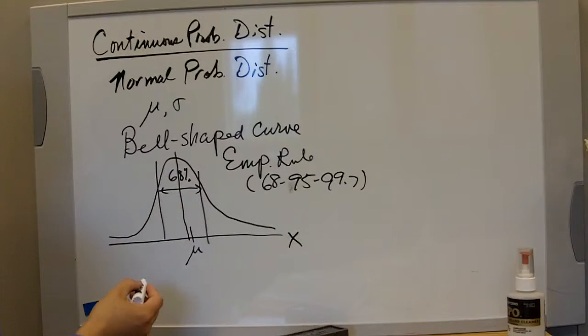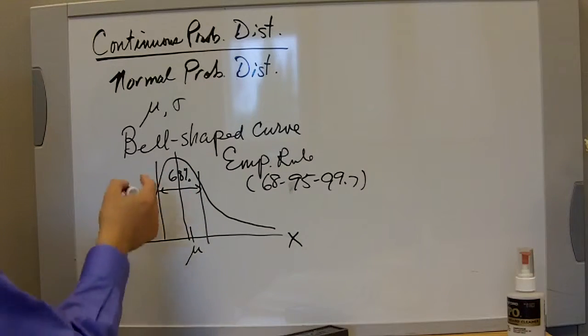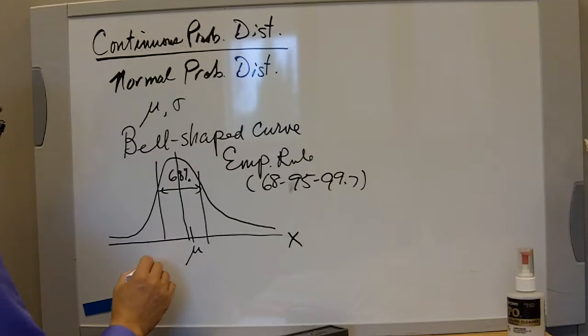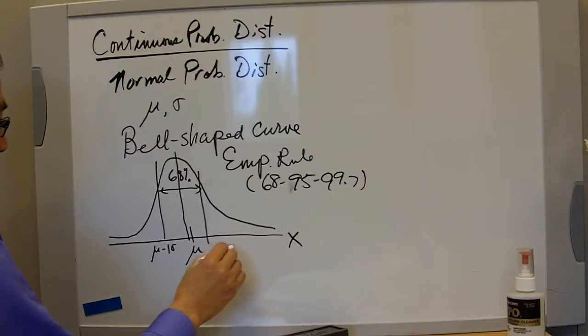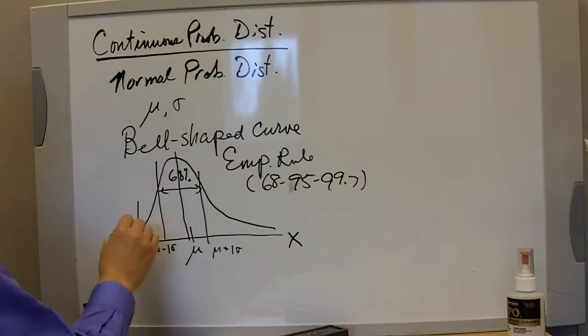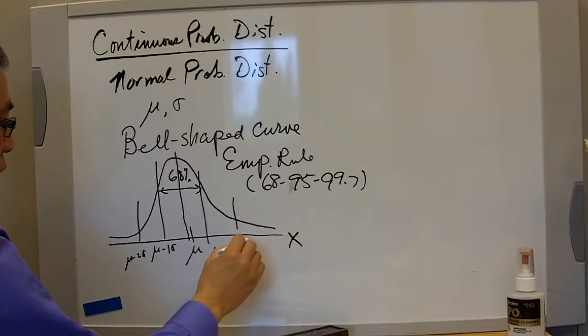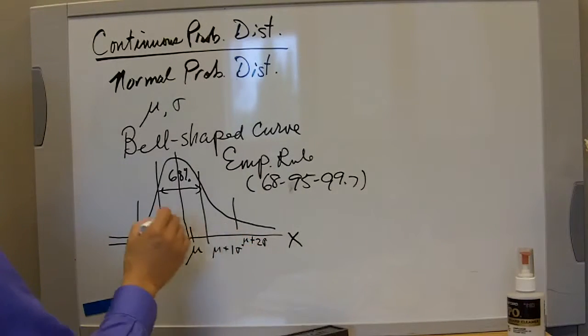Where do we get that 68%? We'll figure it out. It has something to do with the normal probability distribution. So that would be mu minus 1 sigma, and here's mu plus 1 sigma, and then 2 standard deviations, mu minus 2 sigma and mu plus 2 sigma,